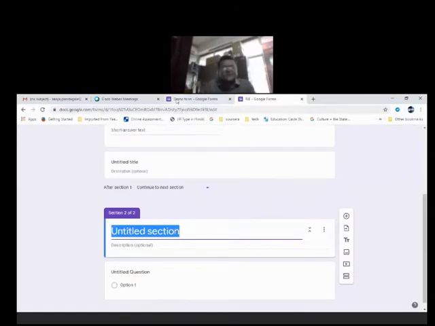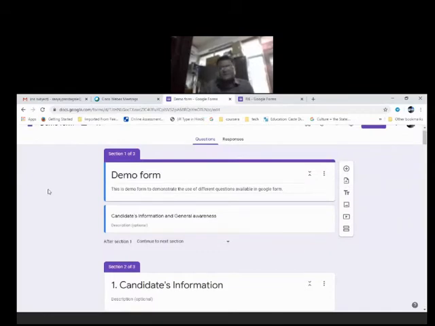Now let me go to my original form. Using add title and description, I have added this one, candidates information and general awareness. Using add section, I have created section 1 of 3, that means the demo form, and section 2 of 3, the second section of my form, which is related with candidates information.